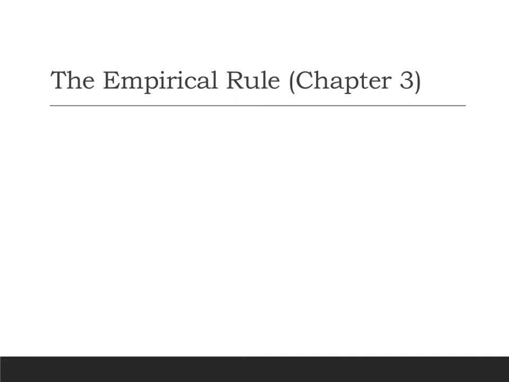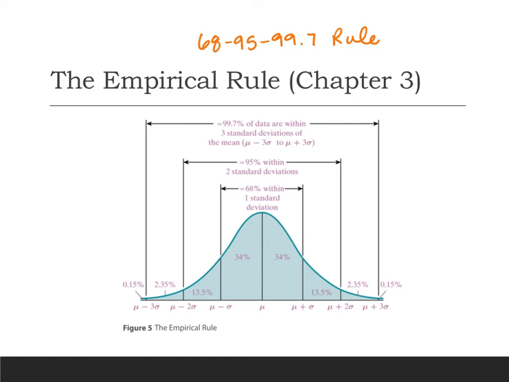All right, hopefully you remember the empirical rule, or at least that there is an empirical rule. That's our 68, 95, 99.7 rule. Those numbers are percentages that are within 1, 2, or 3 standard deviations away. So there's our image from chapter 3. You might recognize that. Depending on what our mean and standard deviation are, we fill out these numbers. And then we can know things about the percentages or area or probabilities